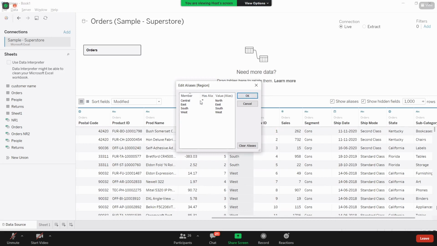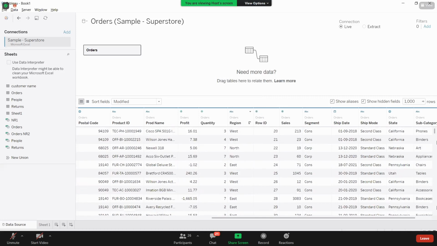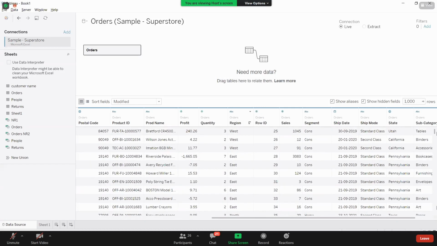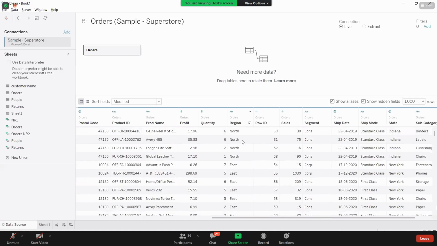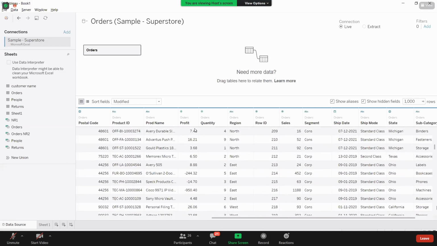Okay, now here central, I changed something here, north. Here you are getting this star, because here you are having many values where that aliasing has been done. That is what it is saying. See here, north is coming for four or five times here. Throughout this data, there are many places you are getting the north. That is what it is indicating there.